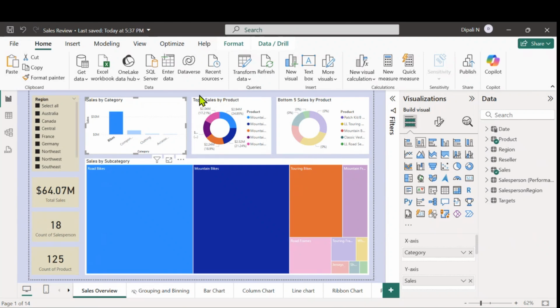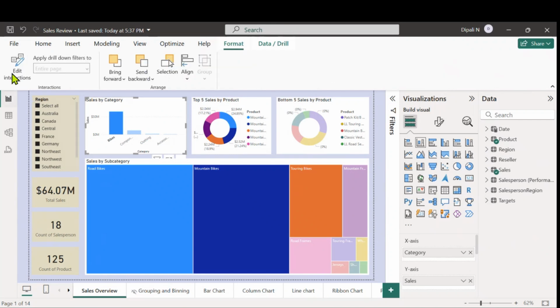If you want to make changes to it, select that particular visual, and under the format section, you have an option of edit interactions, right? So you can click on that. If you don't want the other visuals to get changed when you are clicking on that data point, according to that, you will click over here, none. So suppose I don't want this to get changed,